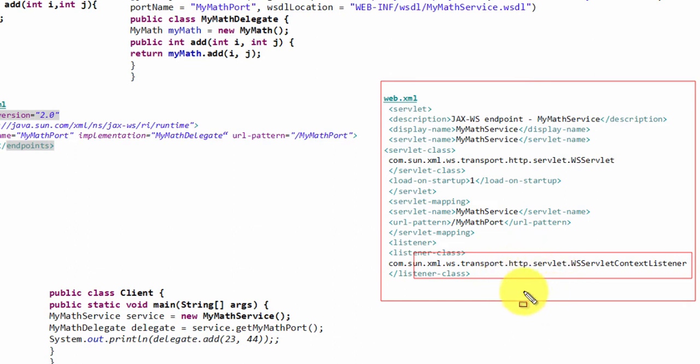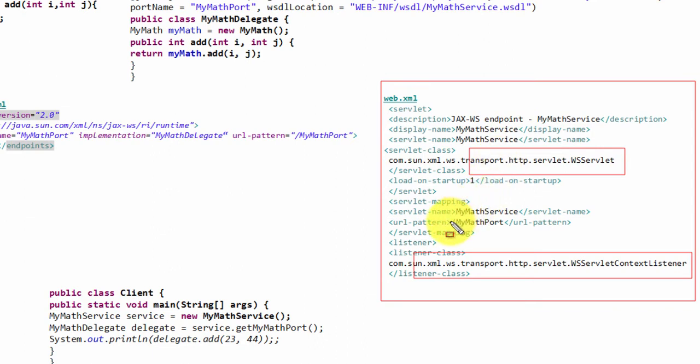If it is a SOAP message, then the control will be transferred to the WS servlet. The web.xml has the listener as well as the servlet. The servlet will read the request and generate the response.